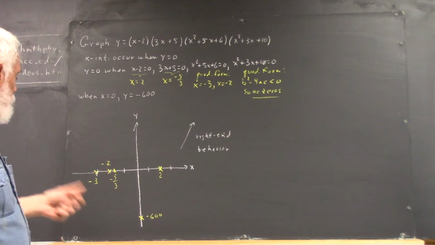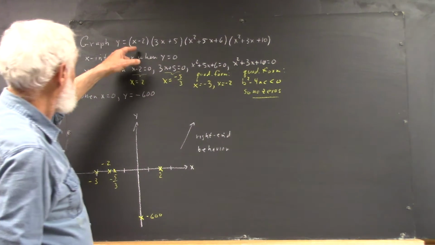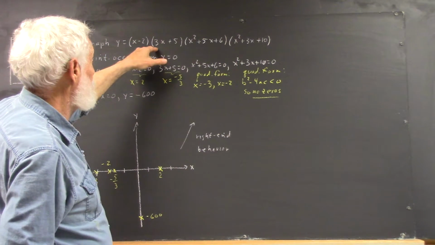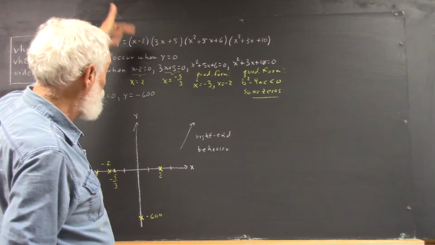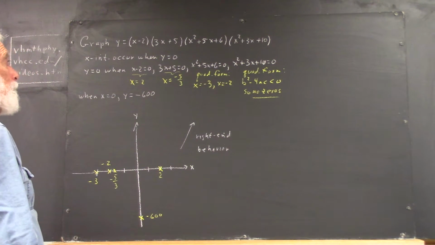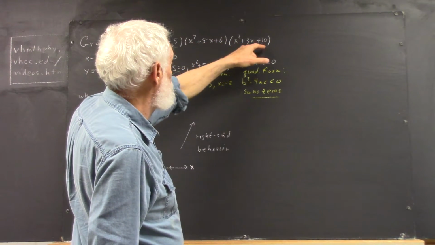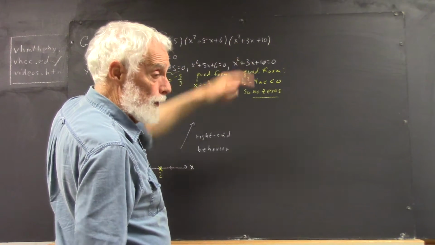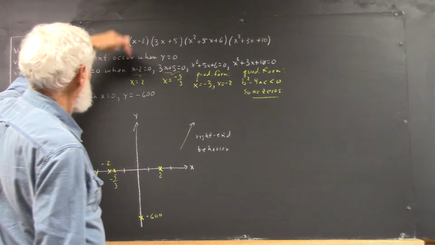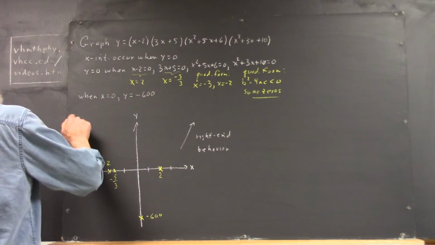Now, if x is a negative number, anything less than negative 3, well, that's going to make this negative, certainly. Any negative number will make that negative. And 3 times negative 3 is negative 9 plus 5, that's negative 4, that's going to be negative. And then if x is big enough, it doesn't matter much what 5x and 6 are, or 3x plus 10, x squared is going to be so big that it's going to make both of these positive. So we're going to have, for big negative values, big positive, negative, and big positive values. So the left-hand behavior